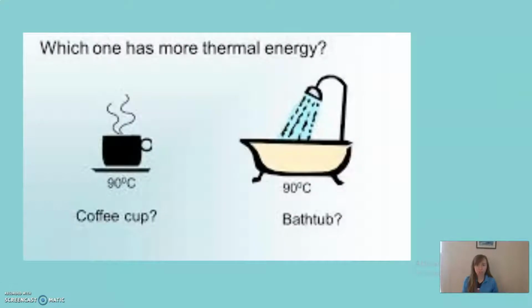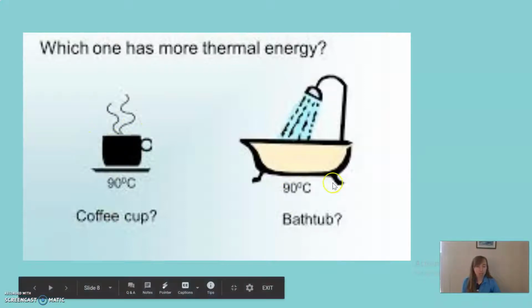Oh, there it is. Okay. Which one of these has more thermal energy? So these aren't really to scale, because obviously this bathtub should be way, way bigger than this coffee cup. But check it out. This is a coffee cup that's at 90 degrees Celsius, so it's pretty close to boiling